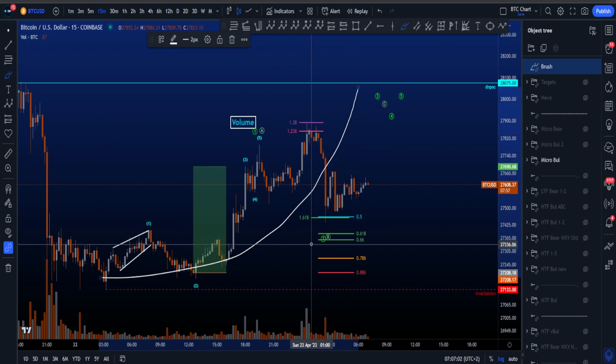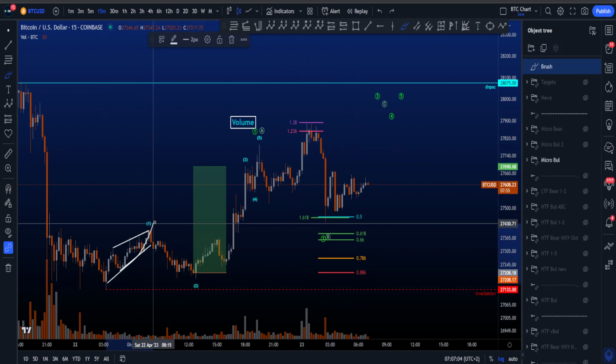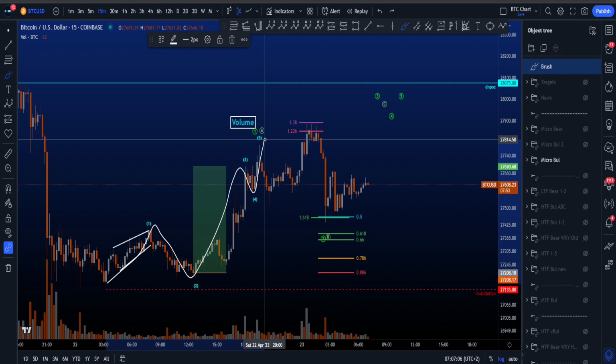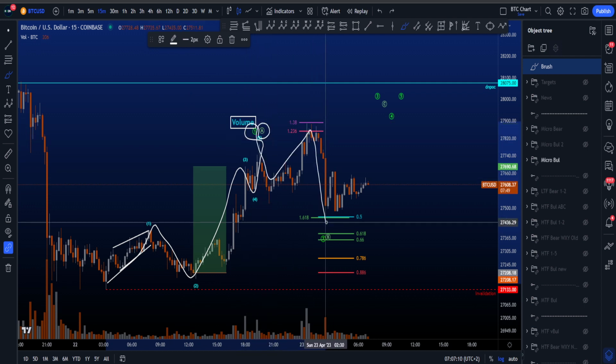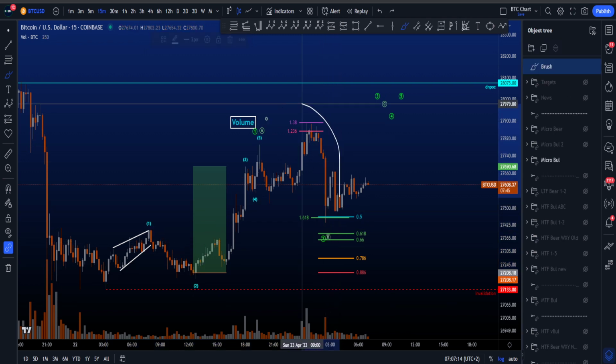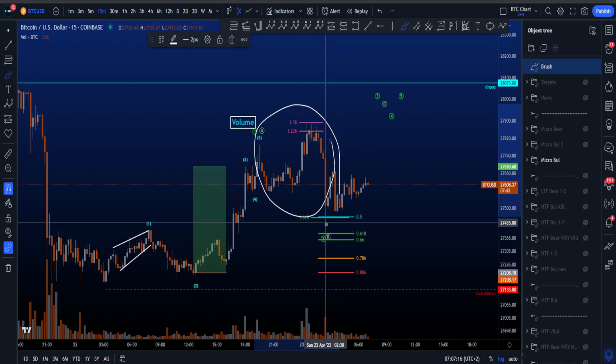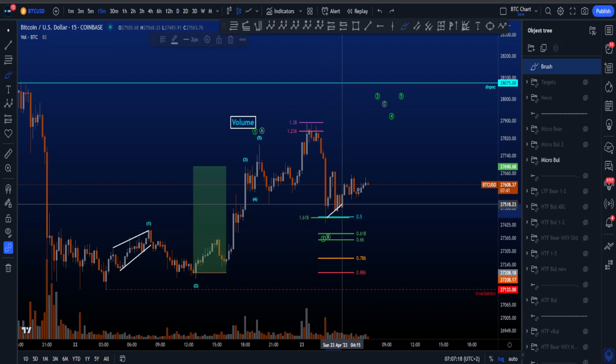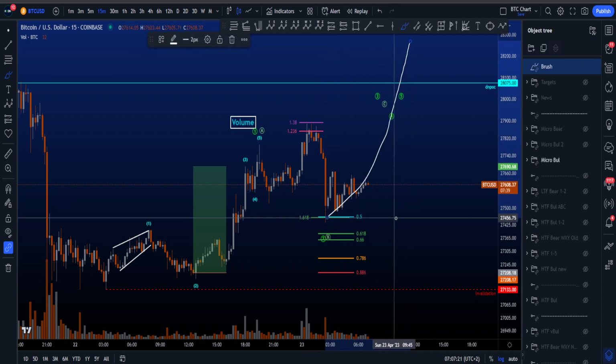Let's look into my micro and low time frame scenarios, starting with the first bullish Elliott Wave count on Bitcoin, where we're looking for a wave 1, 2, 3, 4 and then a wave 5, which ends a green wave 1 or A, followed by a 3-wave correction in a wave 2 or a wave B, which is an expanding flat, which is a bit more rare in a wave 2 usually, but it is possible, for then eventually continuation to the upside in a wave 3 or a